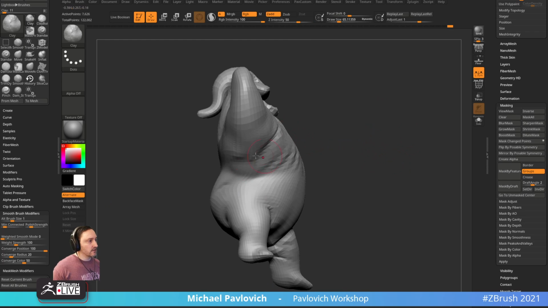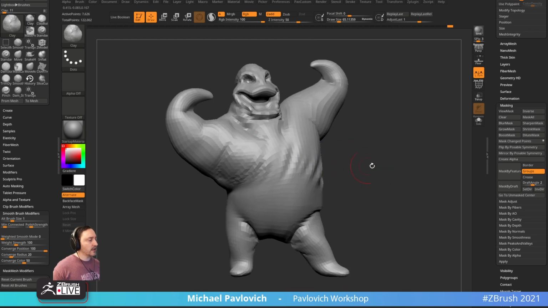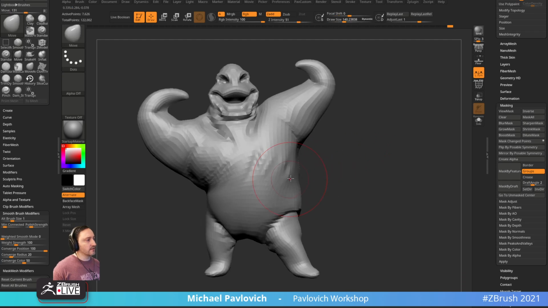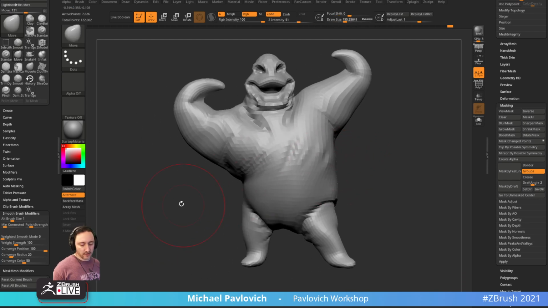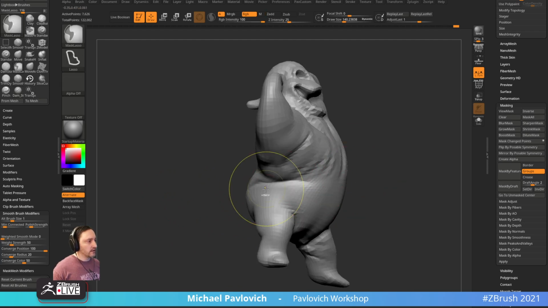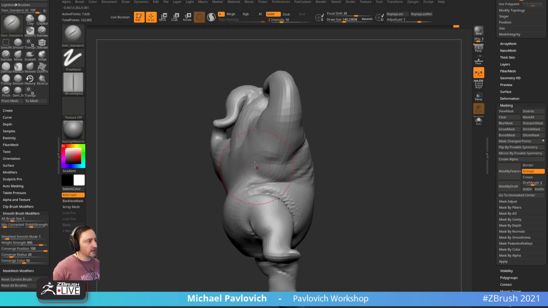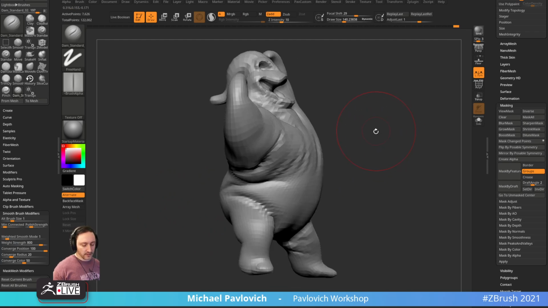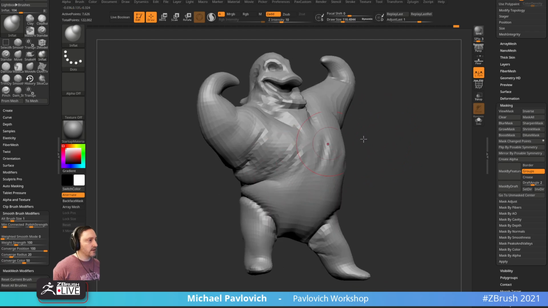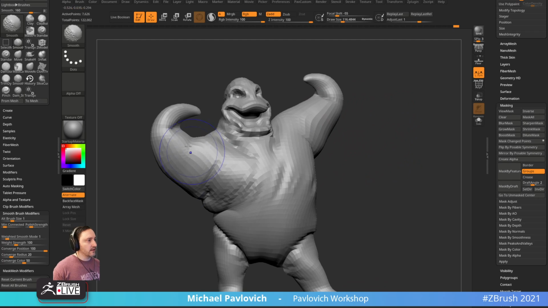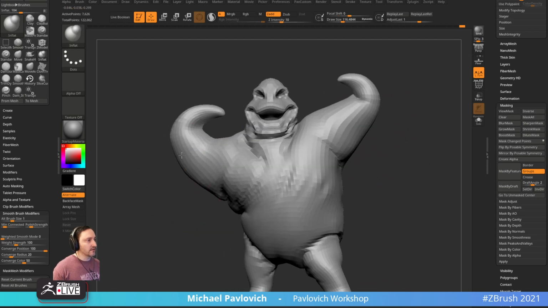There we go. Now we can smooth this out. Again, squash and stretch. We're going to have a stretch on this side. You can make this nice and smooth, and then over here we can go in with our Dam Standard 02 and put in some real nice creasing where his burlap sack is just getting crunched. Then we can go in here and inflate and really start to inflate this guy out. And again, we don't need biceps in there, we just need